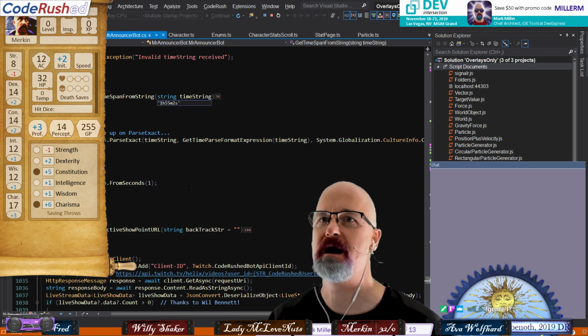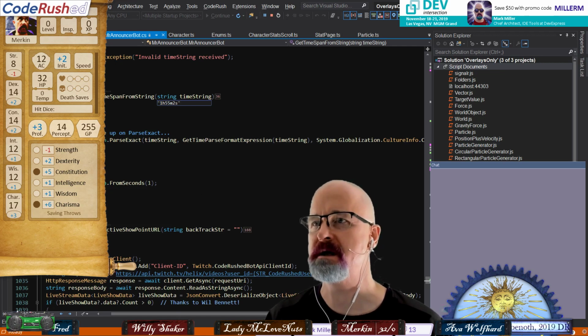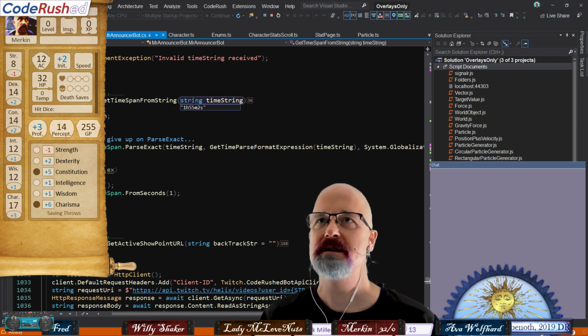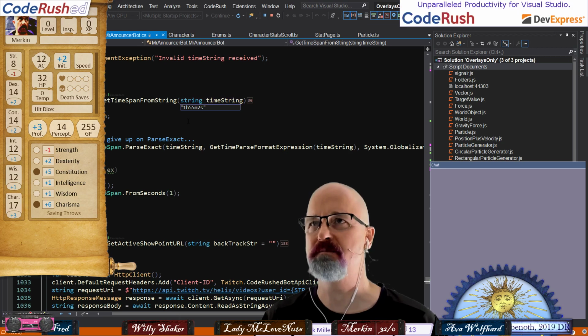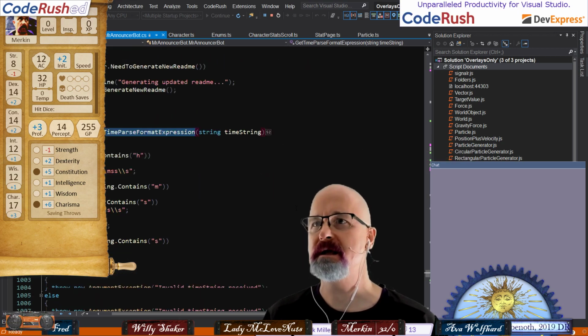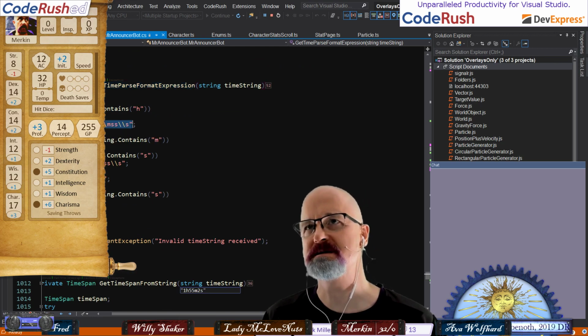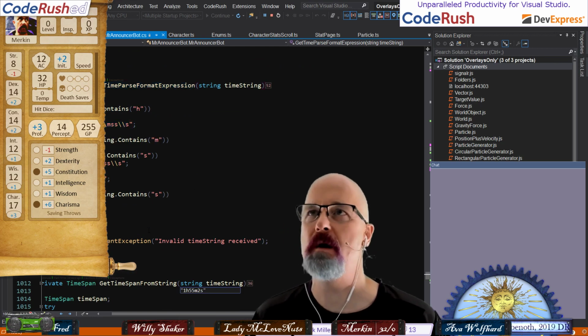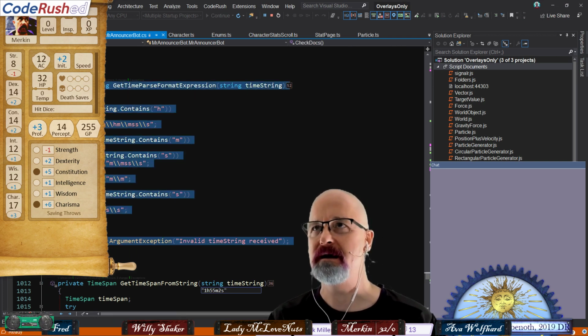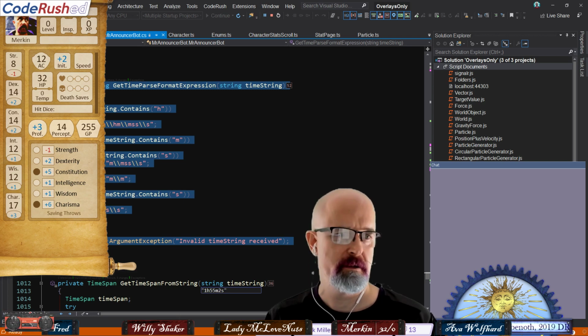The problem is every time I'm in this code, I'm doing something else. The problem is this is the data. When my seconds is less than 9 is I think part of the problem. And so the problem is here in this bit of code. And when I look at these, my head just spins. So I need to take a moment, take a look at the get time parse format expression and solve that. If you want, here's a present for you.